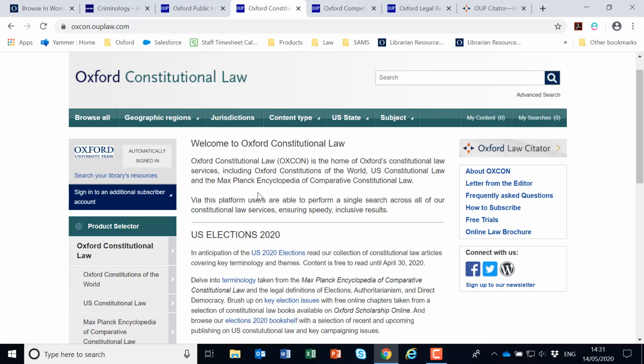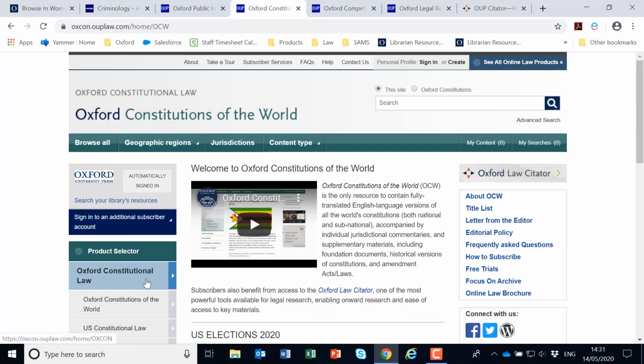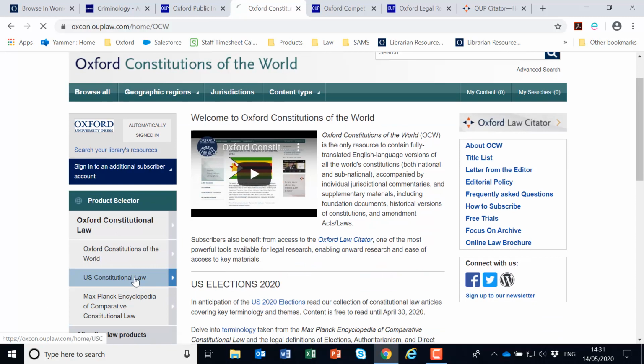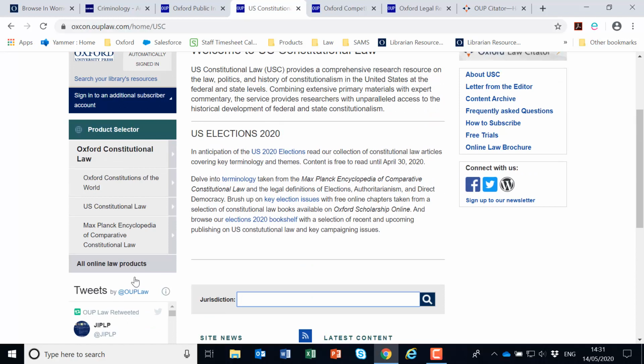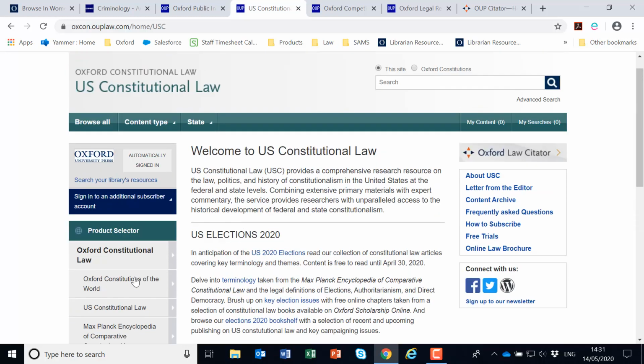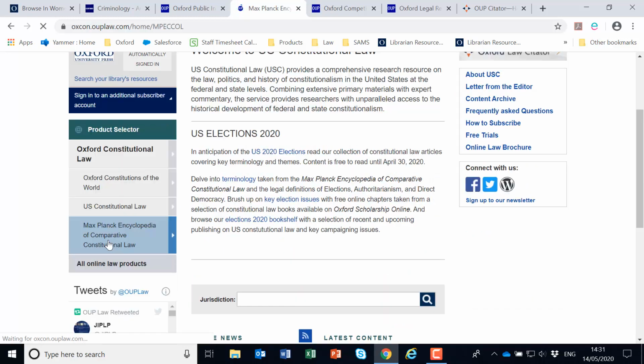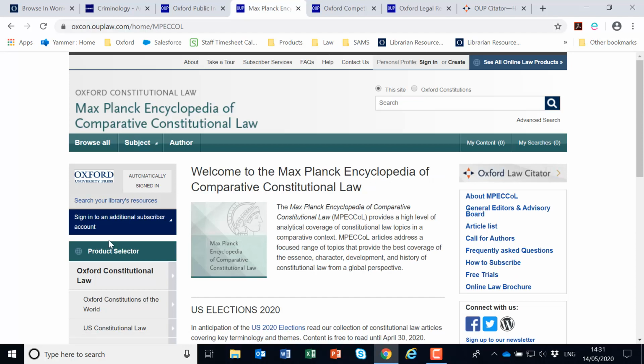Oxford Constitutions of the World contains English translations of all the world's constitutions and additional supplementary documents such as historical versions of constitutions, amendment laws or acts, and jurisdictional commentaries. US Constitutional Law provides comprehensive information on the law, politics and history of constitutionalism in the United States of America at both national and federal level. And Max Planck's Encyclopedia of Comparative Constitutional Law contains analytical articles on the essence, character, development and history of global